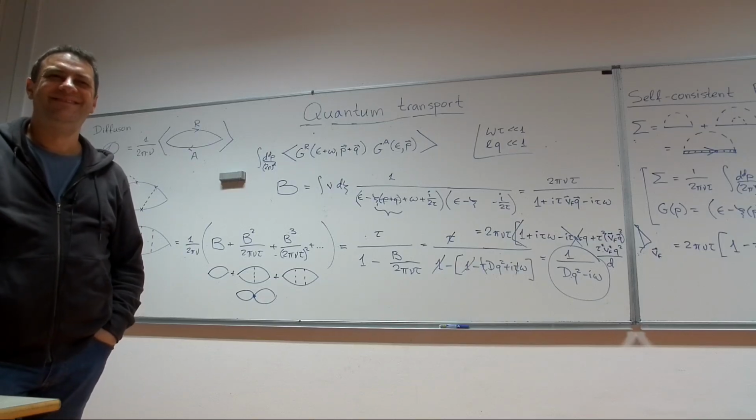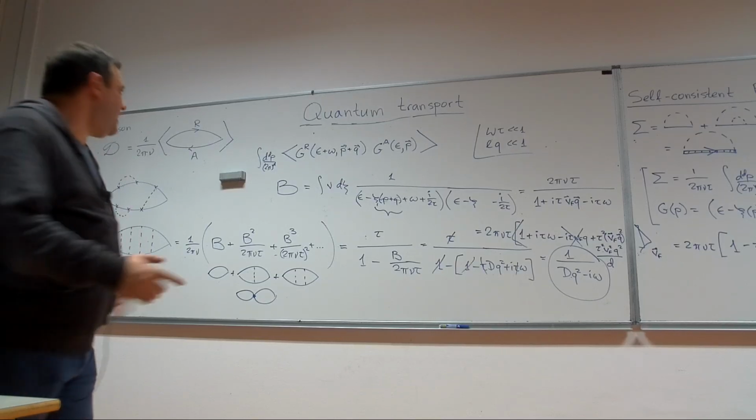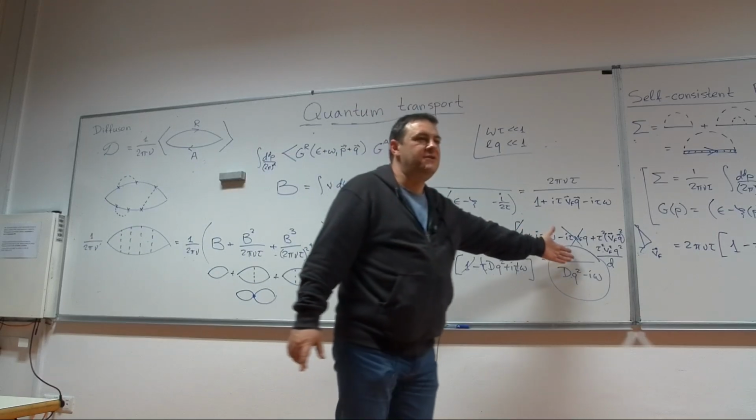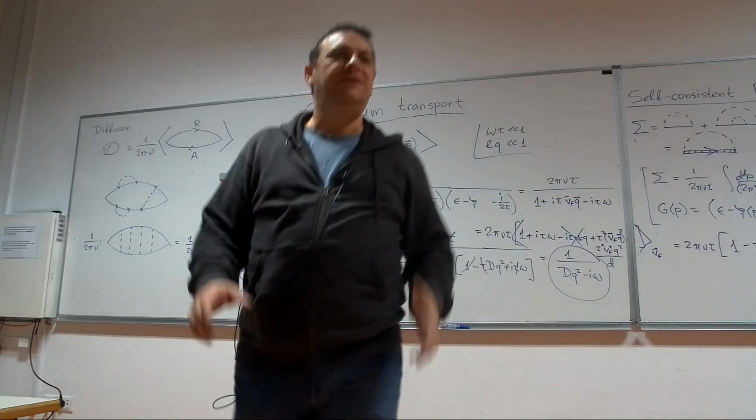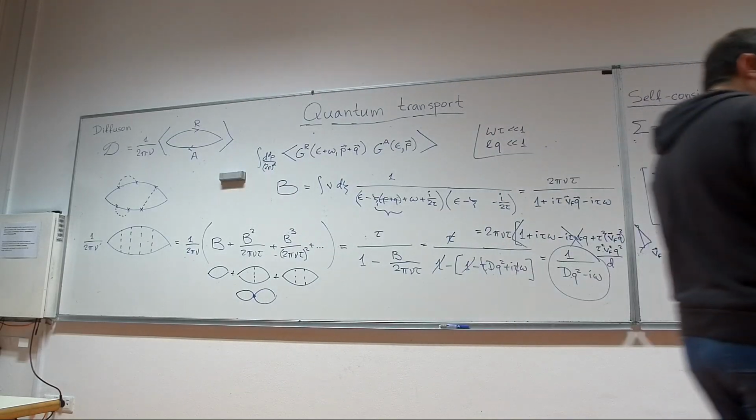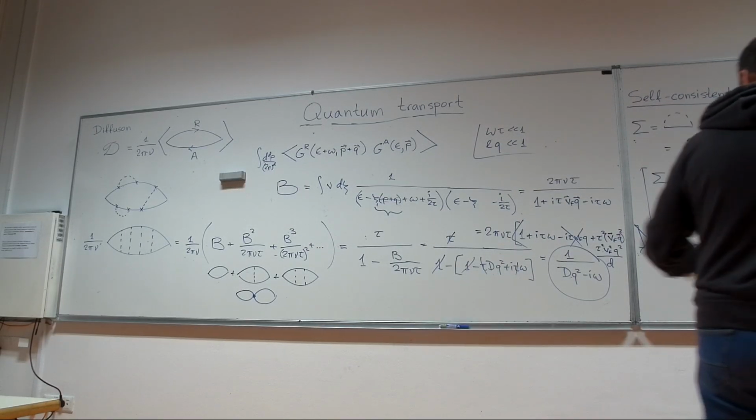So this 2 pi nu here is just for normalization. If I don't include it here, it will appear in the numerator. It does not matter. What you're interested in is the pole, right? Yeah, so the pole is the same as